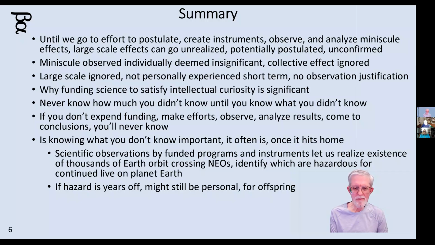I think when they found that there were many thousands of Earth crossing near Earth objects, both comets and asteroids, and then they said, well, when will the Earth be at that point in its orbit around the sun where there's a greater than 5% probability that the Earth and this thing might coincide? It might hit the Earth. Okay, they're certainly in the hundreds now, but they're not soon. There may be something that your long-term offspring might be interested in knowing about, but we have to do the research and the observations now. Even though the hazards are off in the future, maybe it makes sense to start spending for it now.